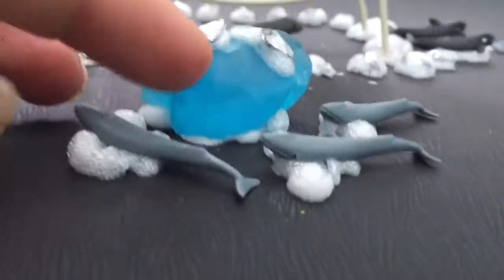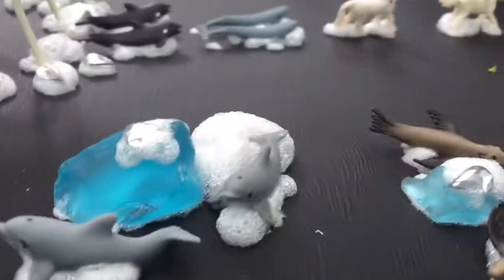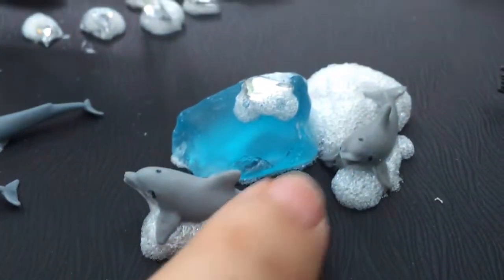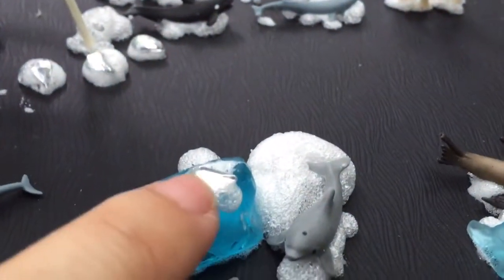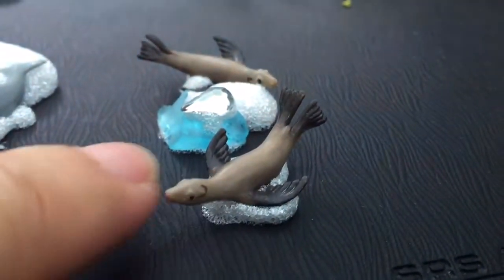These whales are circling around this blue rock. This blue rock has these three jewels on it as well. Over here we have dolphins, and these little dolphins are swimming around this blue jewel. And then it has one diamond on the top. And these are sea lions. The sea lions are also friends, and they're swimming around that one. As you can see, they've got shells in the background. These rings, I don't know what they represent yet, but